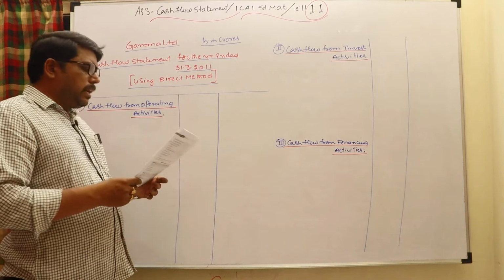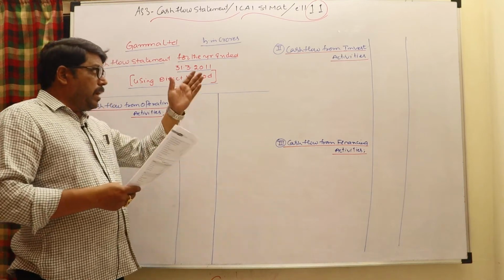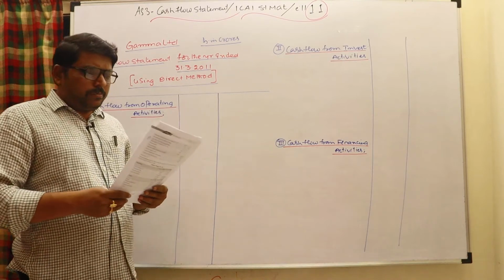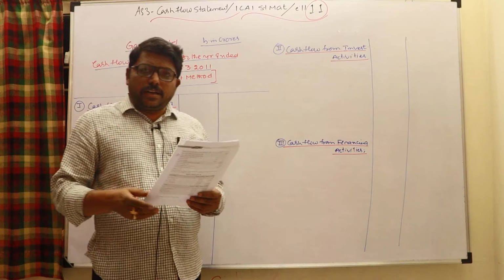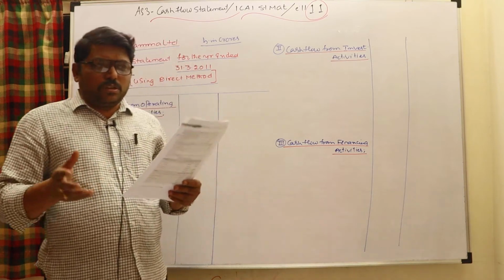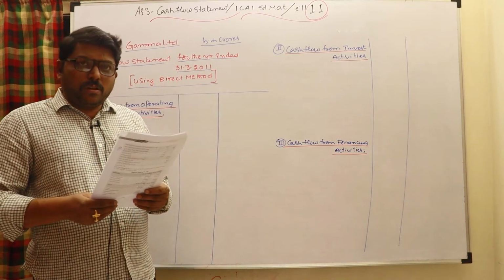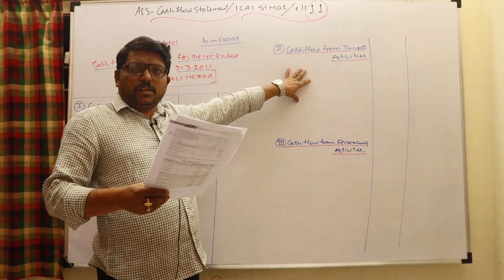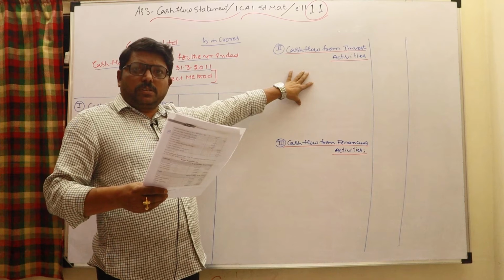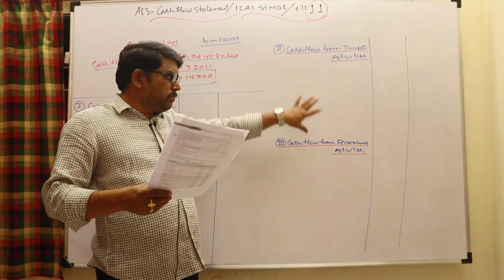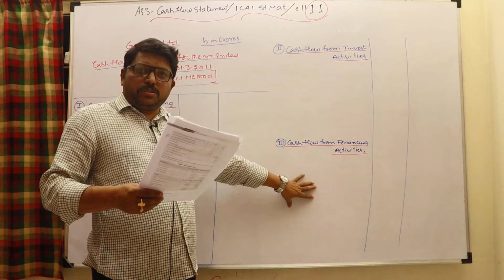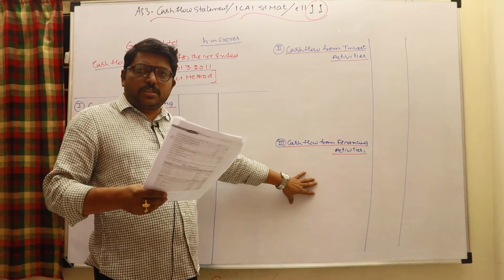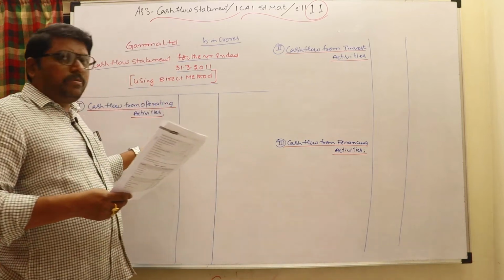So you can work out operating activities directly by the direct method here. For investing activities and financing activities, there are no direct and indirect methods; there is only one way you have to work out. We know that investing covers asset and investment purchase and sales, and interest and dividend received. Financing covers share capital, debentures, bank loans, raising money, redemption of money, and interest and dividend paid. It can be worked out by two ways.